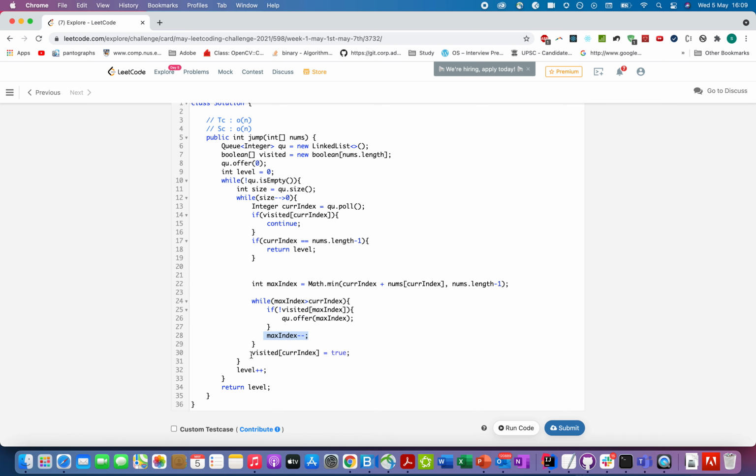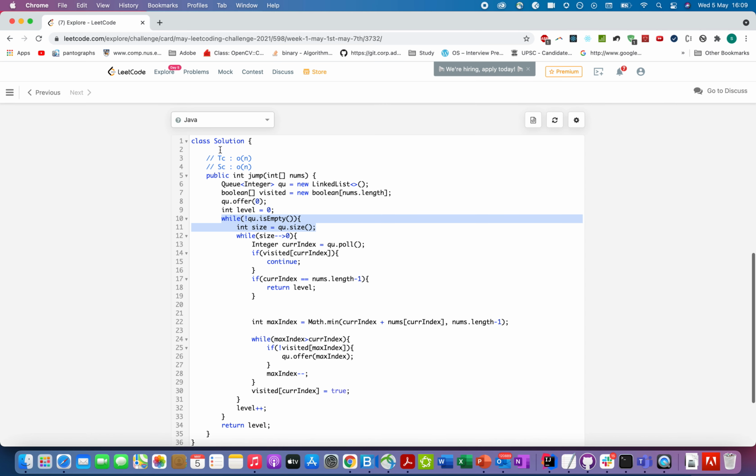Once I've done that, I'll update the visited for the current index, since I have visited all its children, to true. And once I am out of a particular level, I'll increment the value of level and return the value of level once I am out of the queue. So the time complexity for this approach is order of n, and space complexity is again order of n.